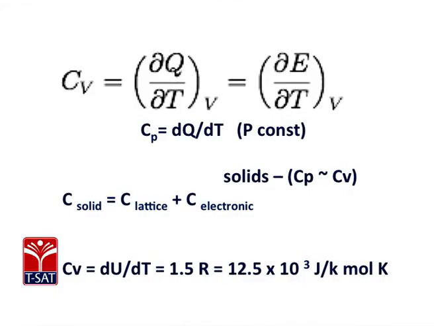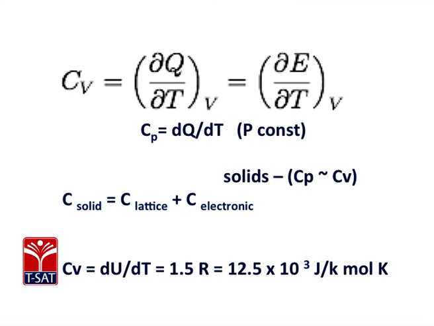analyze them. The specific heat is generally called CV, that is specific heat at constant volume. In the case of solids, CV and CP happen to be very nearly the same. So CV is equal to ∂Q/∂T at constant volume. Q is the quantity of heat and the associated energy is given in the form of ∂E/∂T at constant volume. So here for solids, Cp is nearly equal to Cv